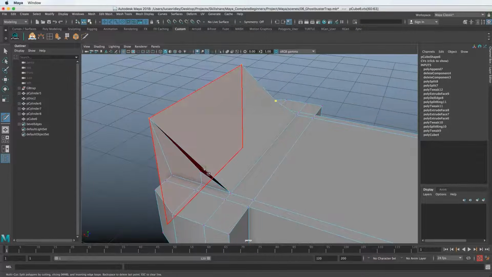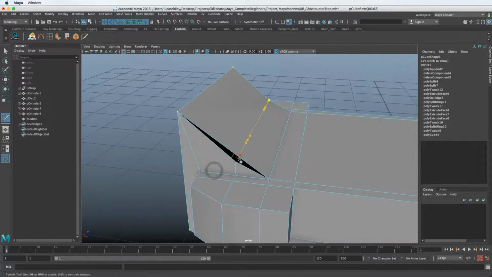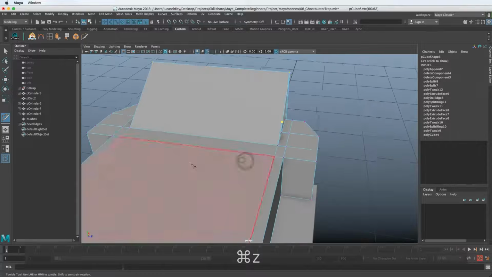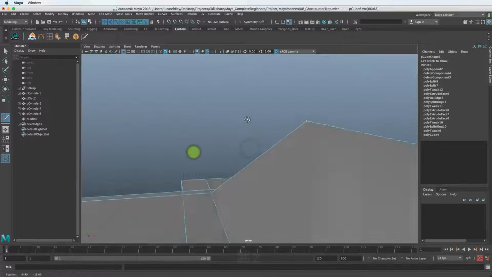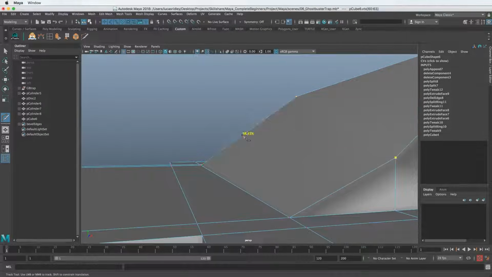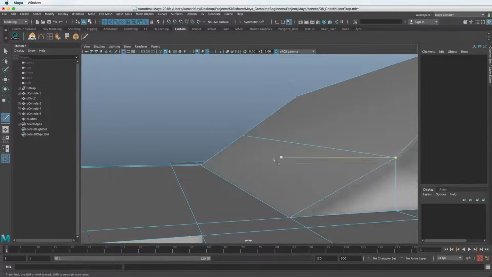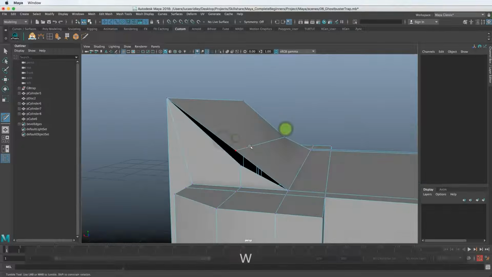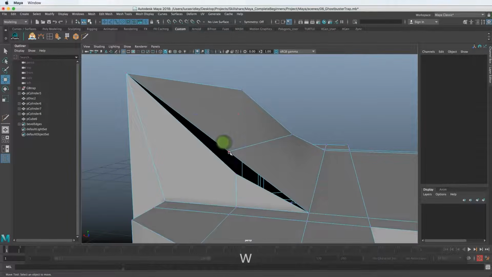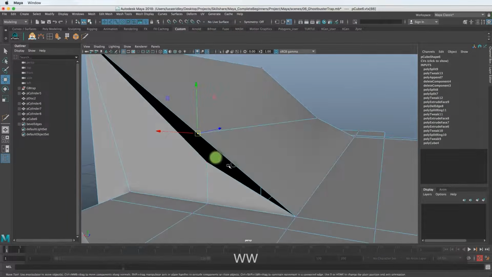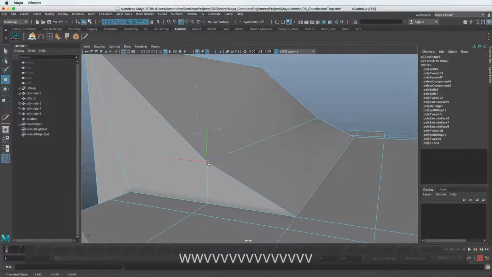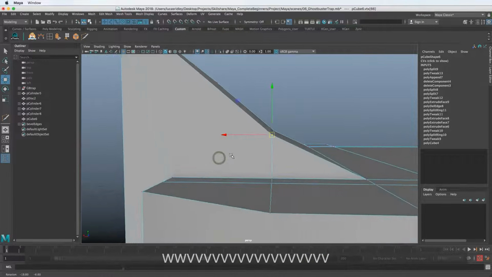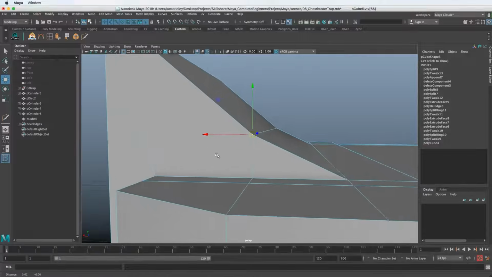I'm just going to click this over here somewhere. Whoop, it's going through the model. Look away from it so there's nothing behind it. And enter. And then I'm going to select that and vertex snap it by holding V and middle mouse dragging over to that vertice. And now we've got it.